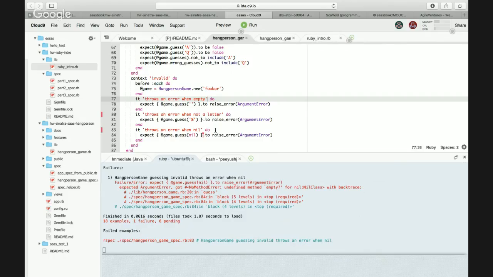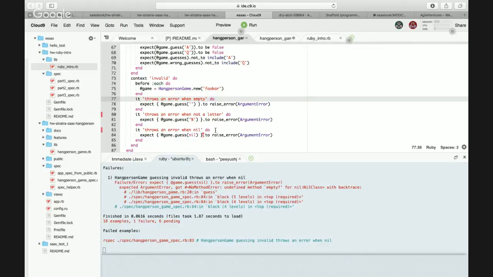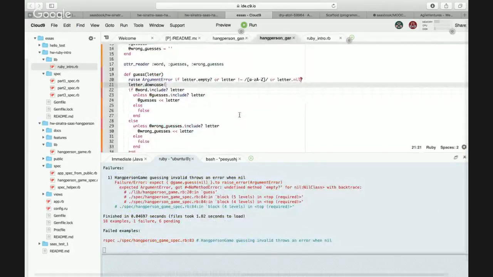Yes. So we could go and change it to or letter dot nil, and this should pass now. No, it still failed. I don't know why.